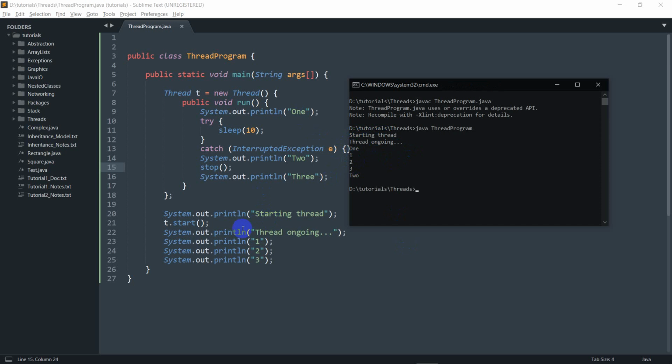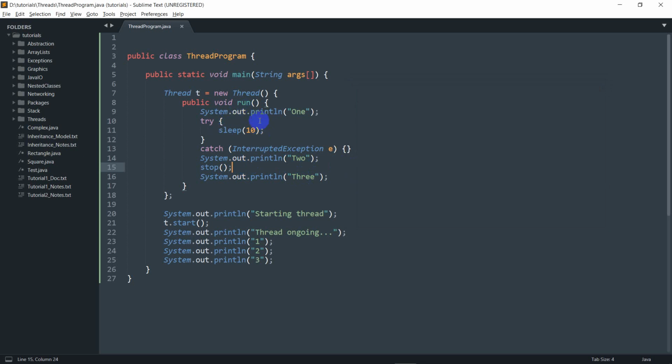Then the 1, 2, 3 from the main, because I have the 10 millisecond sleep here. Then it prints the 2, and this 3 right here never gets printed because I've got the stop method here. So this is how we create a thread,